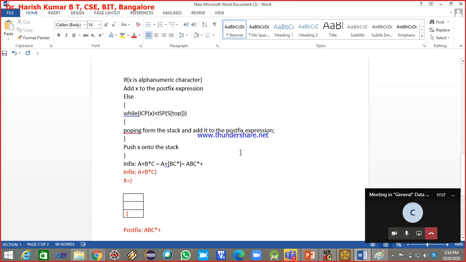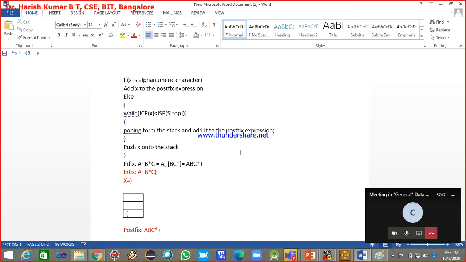If X is an alphanumeric character, simply add it to the postfix expression. If X is not an alphanumeric character, then you compare the input precedence of that character with the stack precedence, that is, the precedence of the top value on the stack.